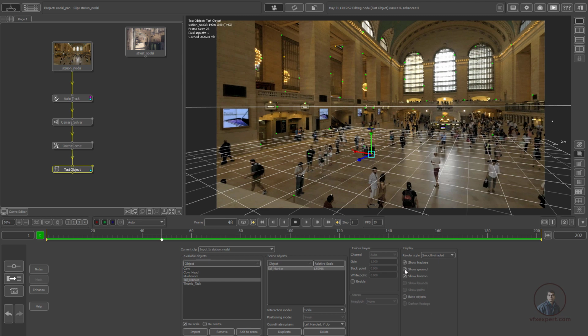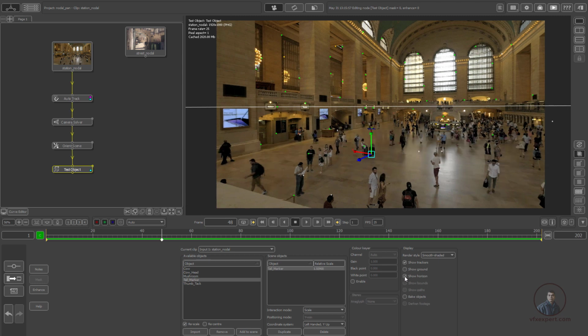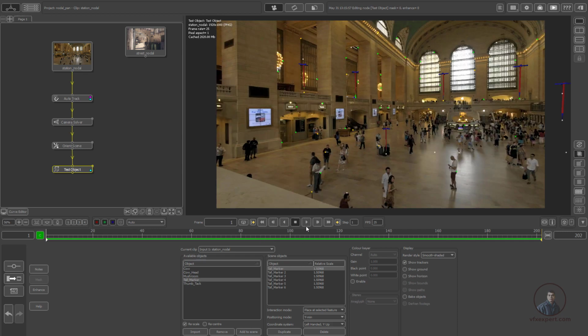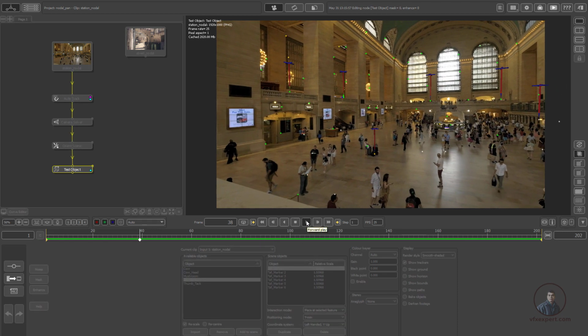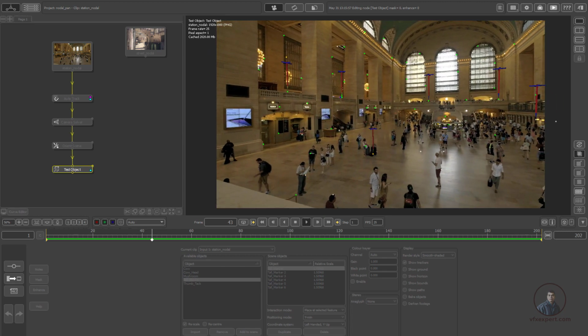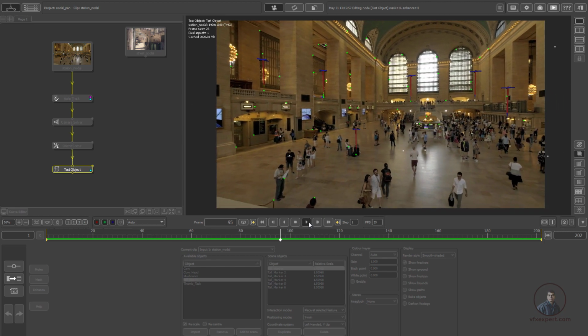Then hide this ground plane a little bit, even the horizon you can also hide. Select none here, then select this marker, then click on duplicate, then interaction mode, select place as selected feature. So you can place this marker at different positions here. Again just duplicate. So now just play and check here. Now you can see all objects are placed at our exact positions here.